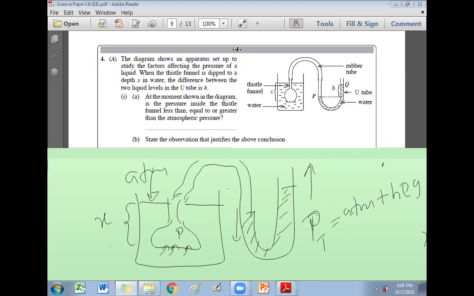Some students are really worried. They tell me, sir, I knew this answer. Then I asked, why did you write that? Sir, I didn't understand this question. I thought they were asking this. This happened to most of the students in the exam. This is one reason for losing marks. Then I asked, don't you know this answer? Sir, I knew this, but I didn't write it. I thought they were asking this. So that means what? Lack of experience of answering papers.